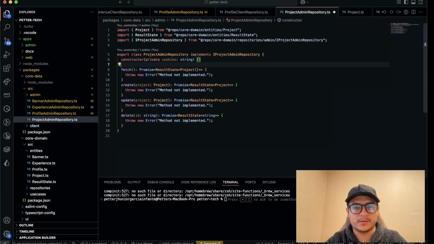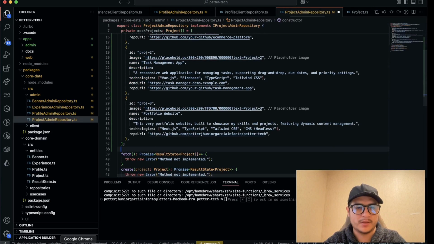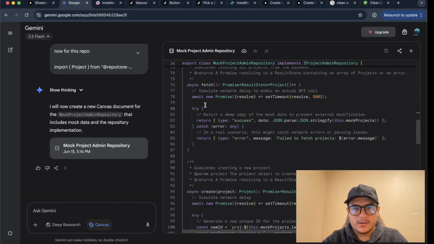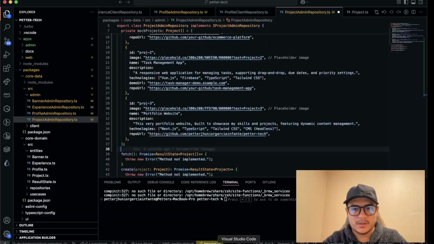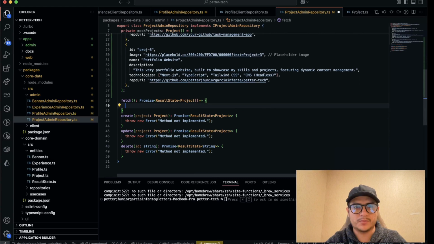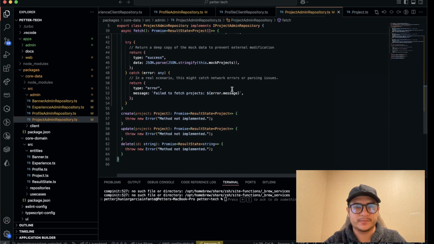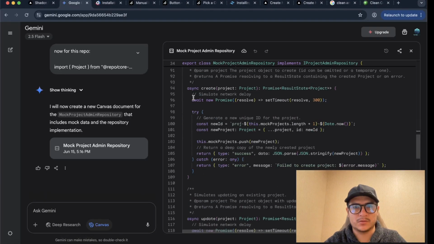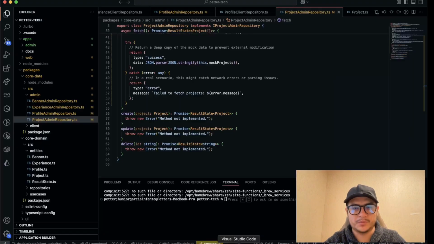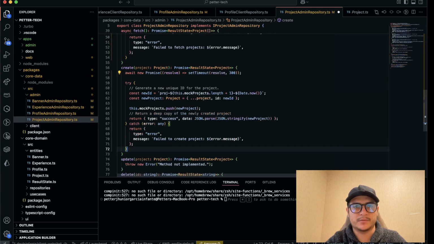We can put this here, and we are going to copy this. Okay, this is going to be copied here, and this is another thing, and this also is going to be copied here. This is another thing,